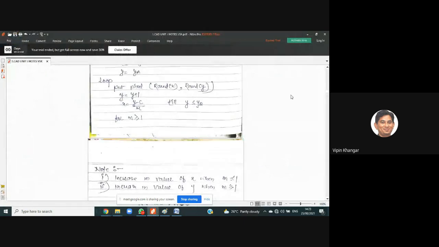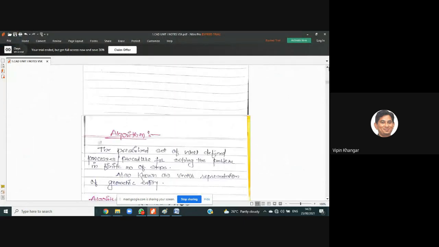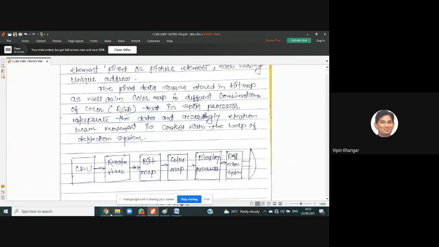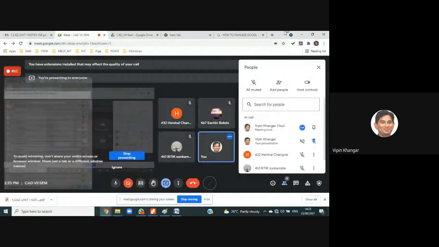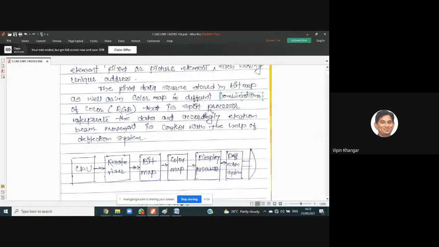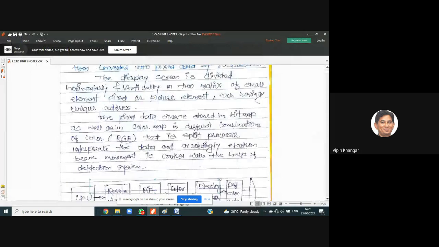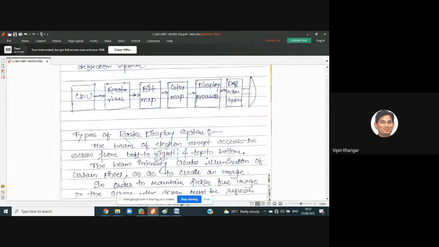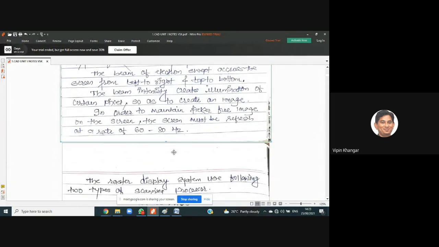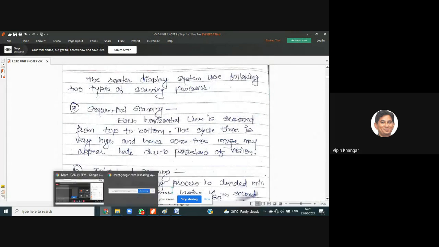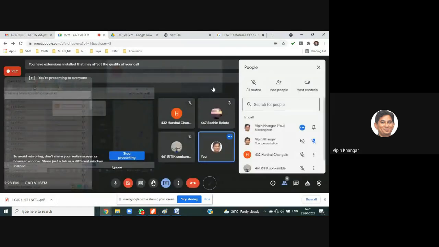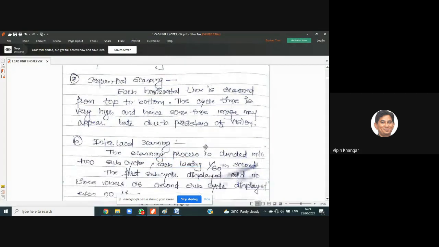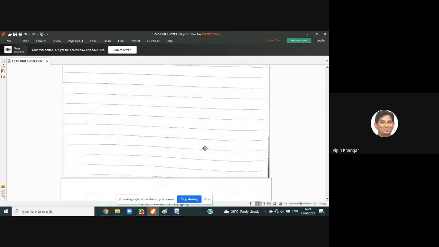Okay, so these are the notes. Basically, I had just started when we were having this physical class in college. That time we used to have classroom training, so that we have already covered. So we have discussed this rasterization technique, the general concept of rasterization, how the basic entities are being drawn on the display, then types of raster display, sequential and interlace scanning. So this is already done.